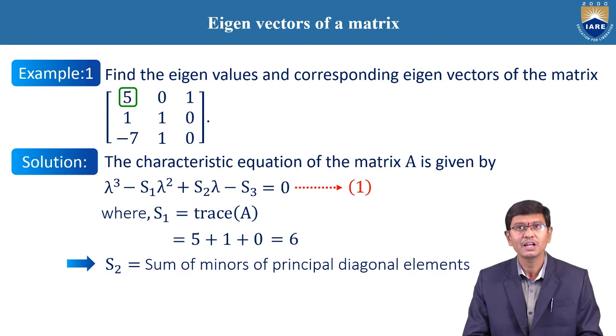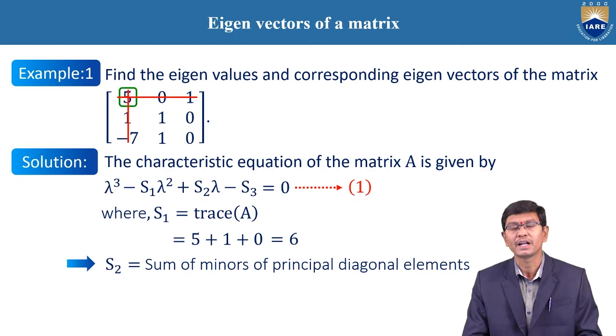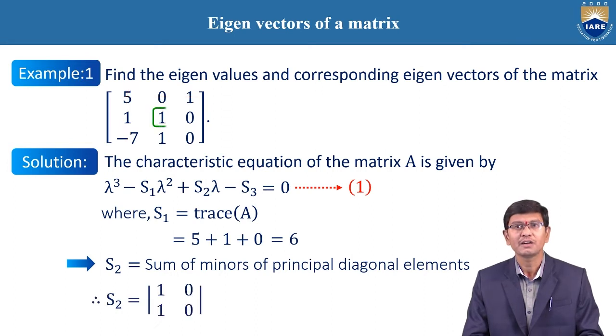Therefore, here the diagonal elements are 5. First of all, we need to find the minor of the element 5. That is nothing but eliminating the row and the column corresponding to 5. Then the remaining values are 1, 0, 1, 0, so that S2 is equal to the determinant of 1, 0, 0, 1,